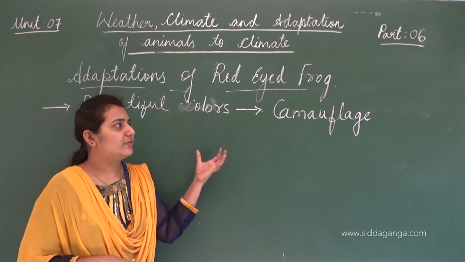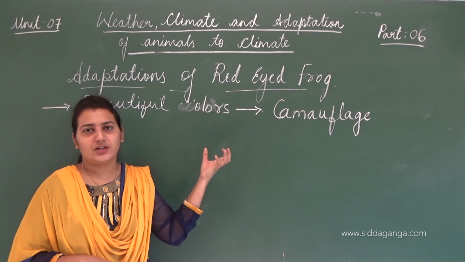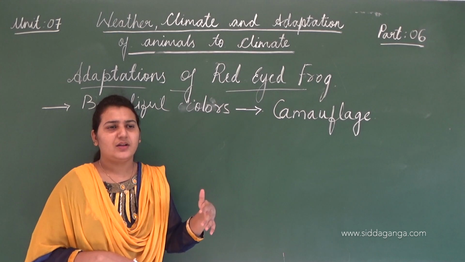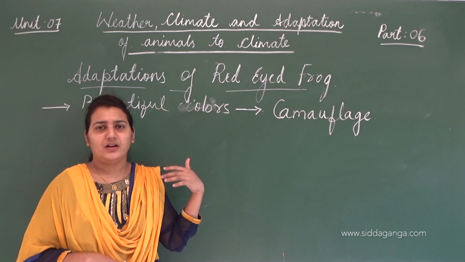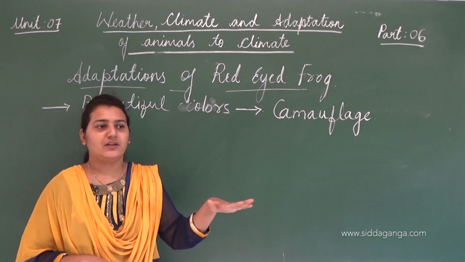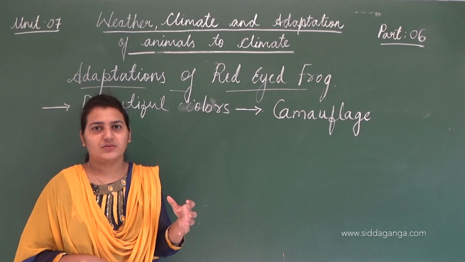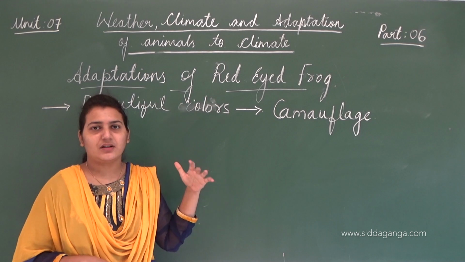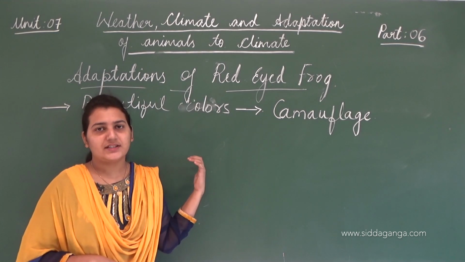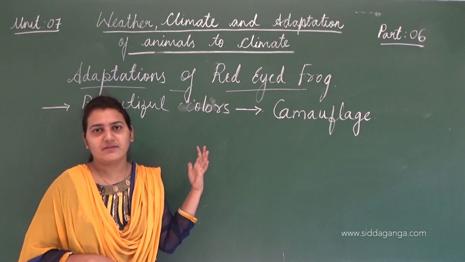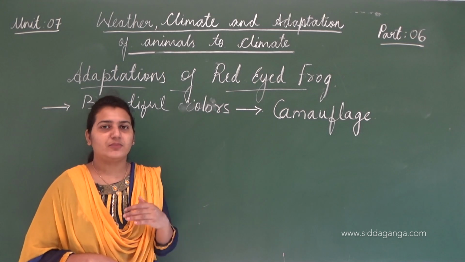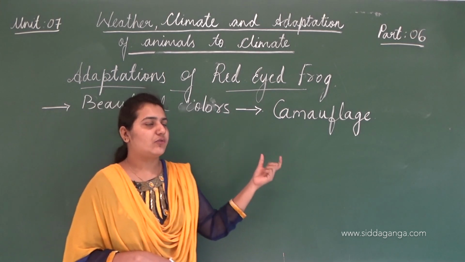So these red-eyed frogs, since they are found in very beautiful, different colors, match with the color of the background, like maybe flowers or leaves or fruits, or maybe different colorful plants. If it's in between a colorful plant or a different flower, we cannot recognize this frog because even it has very different beautiful colors. So that's how it gets protected from the predators. That is what camouflage means.